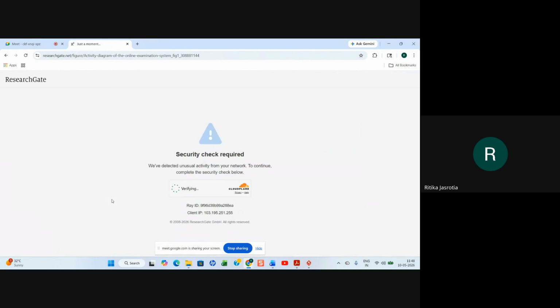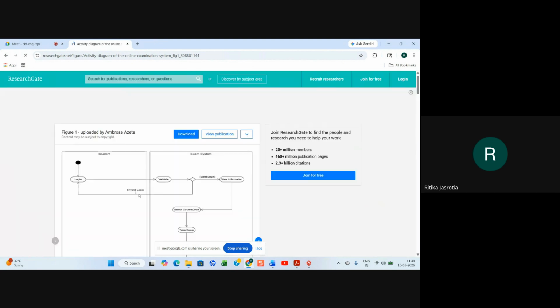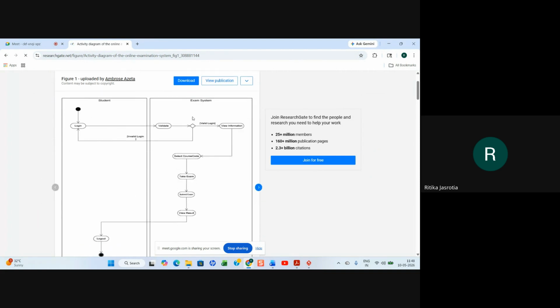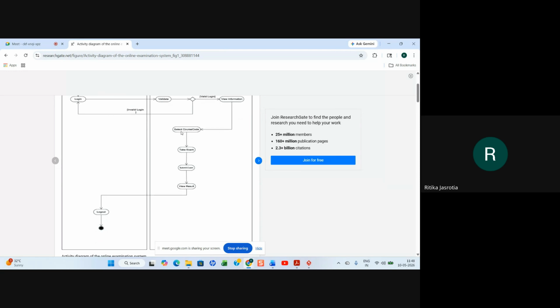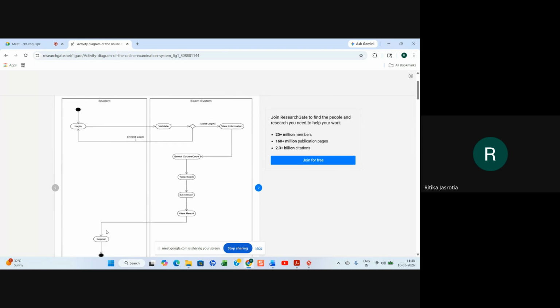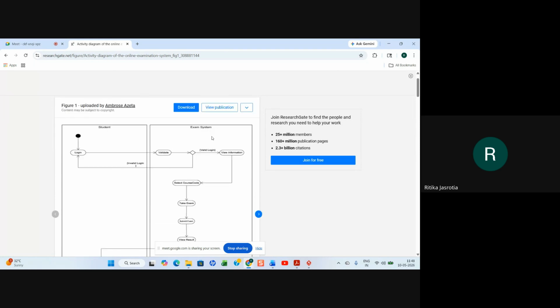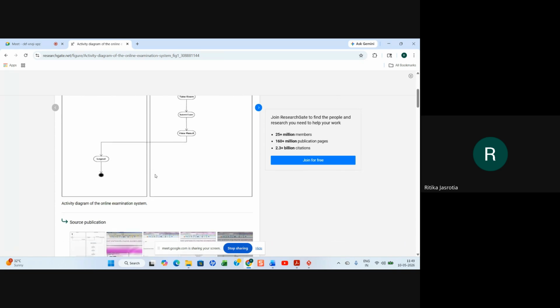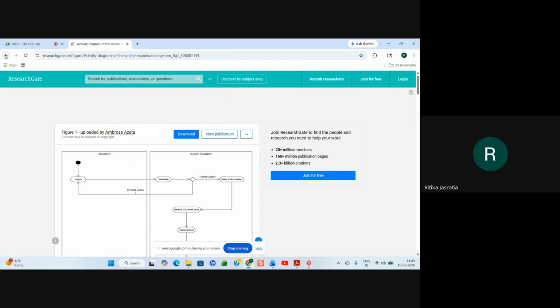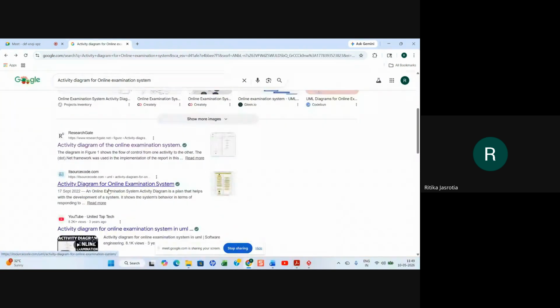So what have they made? Let us see. So they made this student and exam system. The student logs in, the validation is done; if valid login, view information, otherwise invalid login, it goes back. View information, you select a course, take the exam, submit the exam, view the result and log out. They have shown only this. I am saying you can make an FOC activity. You can register, you can take the exam, and you can see the result. So you can make 4 activities in that, right?